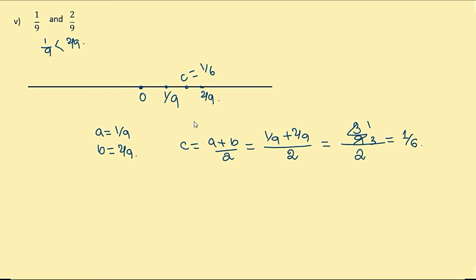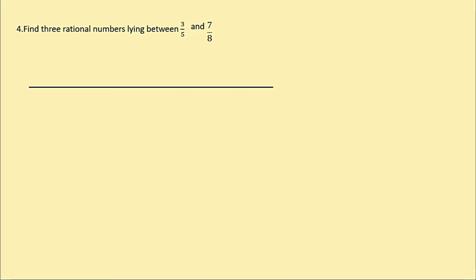and 2 by 9. The fourth type of question is: find three rational numbers lying between 3 by 5 and 7 by 8. So this is also the same as the previous sum, but the difference is that in the previous sum you were asked to find only one rational number. Here you are to find three rational numbers. So if two numbers are there, and in between three rational numbers you are to find out, in this type of sum